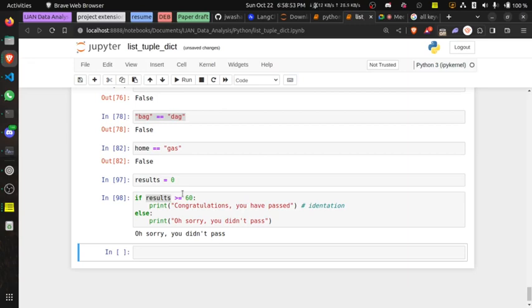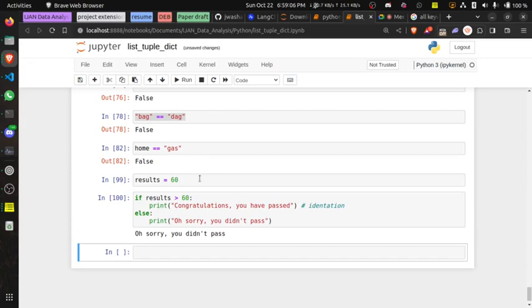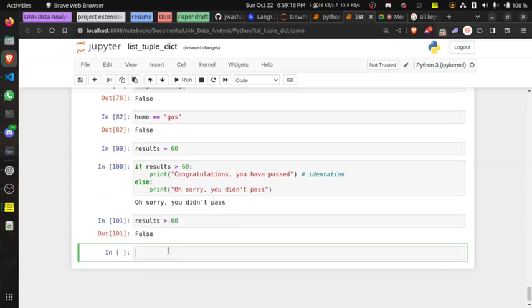Now I was going to mention results greater than or equals to, because if you use only greater than and you put 60 here and you run this, you're going to get, sorry, you didn't pass. Results greater than 60. So let's try it. Results greater than what? 60. You see false.